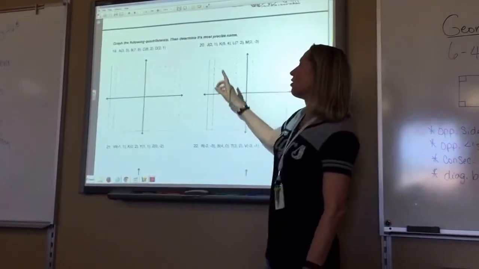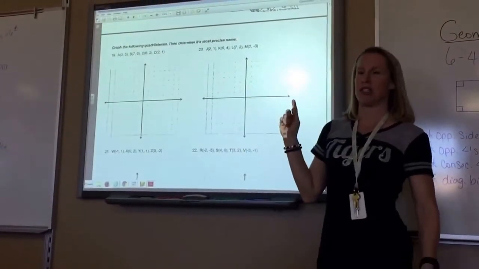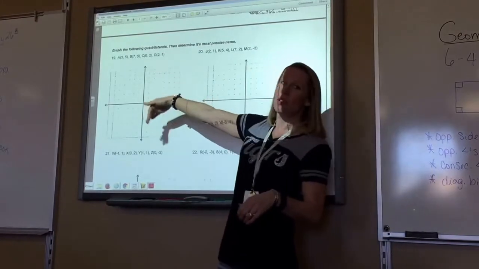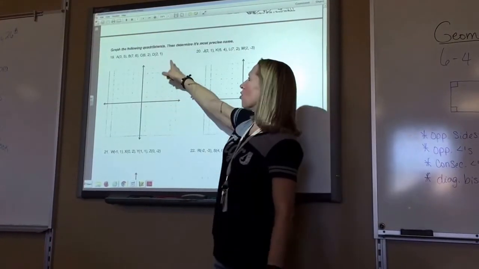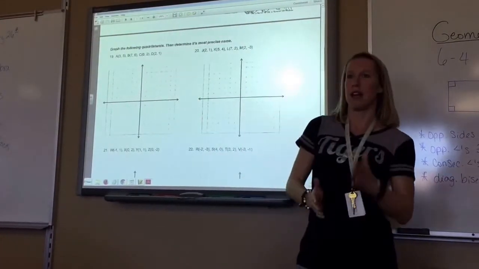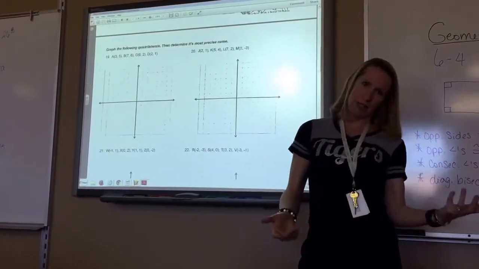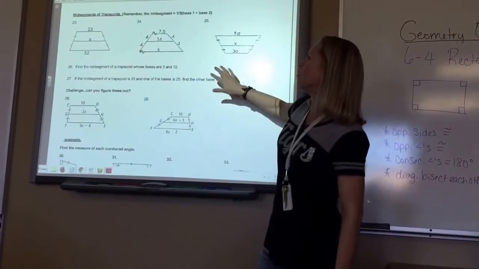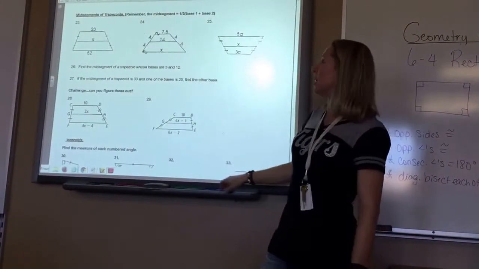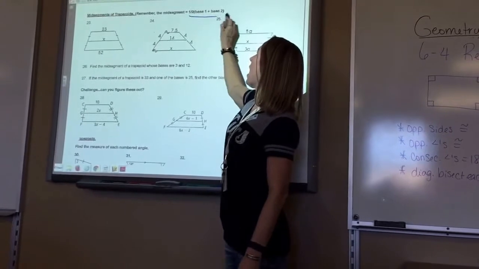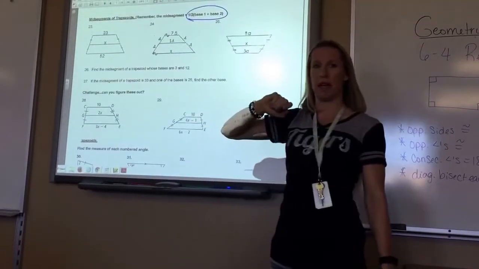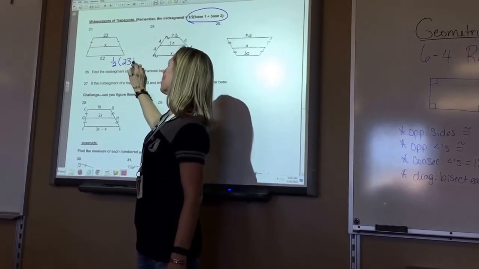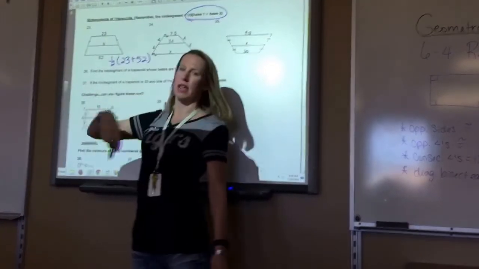So make sure you keep that in mind when you're deciding what that figure is. The next part, you need to graph each of these pictures. When you graph it, then you're going to see what the shape is. You're going to have to do this on your test on Wednesday. So graph the picture. If it looks like a kite, it's a kite. If it looks like a rectangle, it's a rectangle. So those you're going to graph. Don't forget when finding the mid-segment, it's 1/2 base 1 plus base 2. So on this one, I would do 1/2 23 plus 52, and that's going to give you the length of